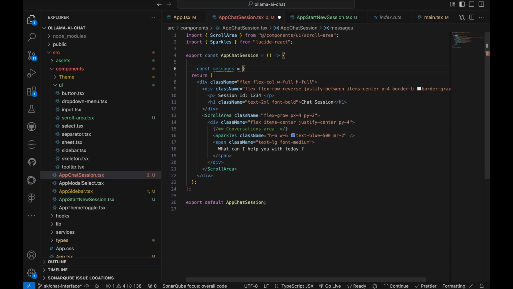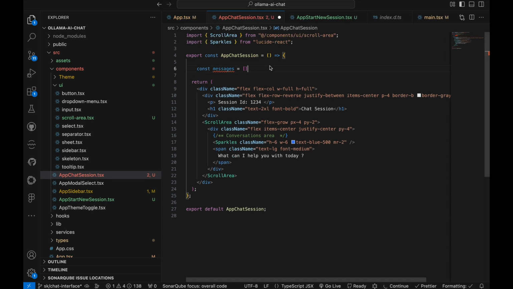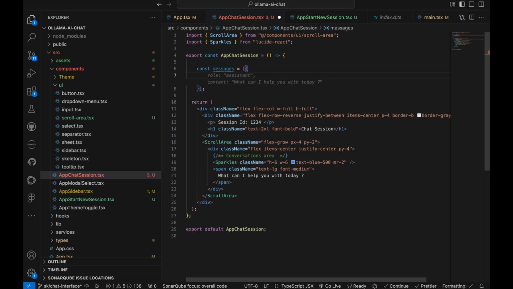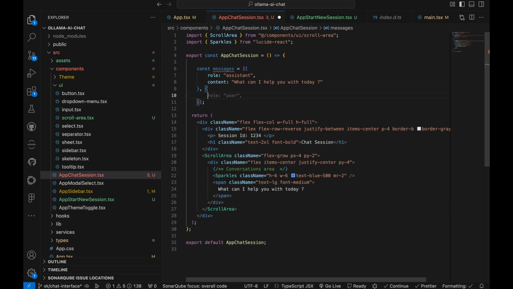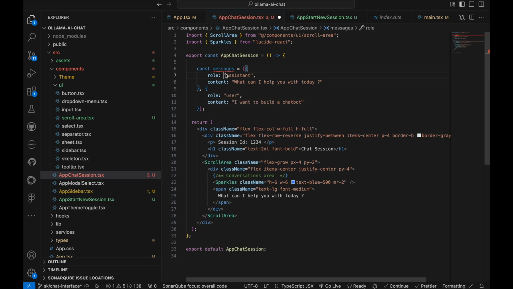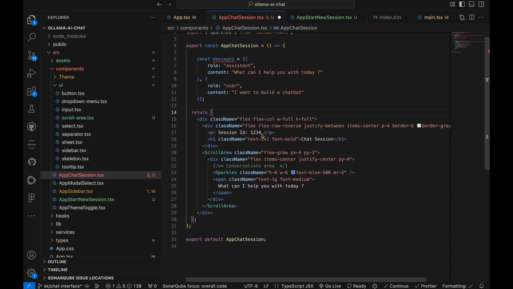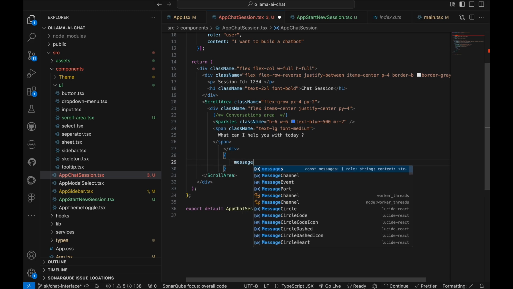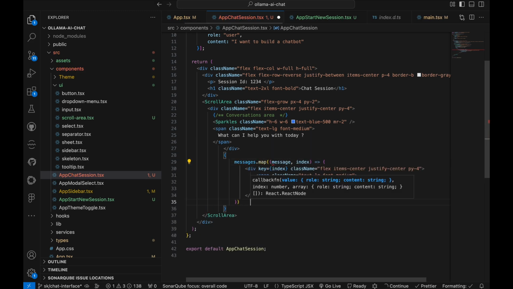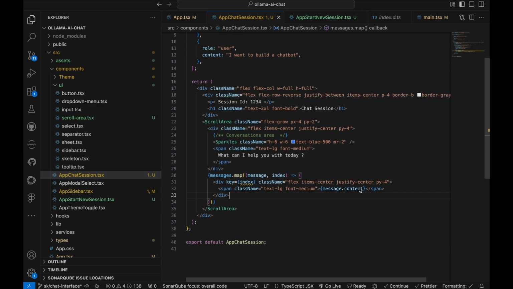Let's now create a dummy messages array. So what we need is, in this messages we'll have a role and content. Let's say assistant, and we'll be a user. So assistant is the bot, user is what we will type. So there's like this conversation going on. So we will loop this conversation using a message. We'll display the content